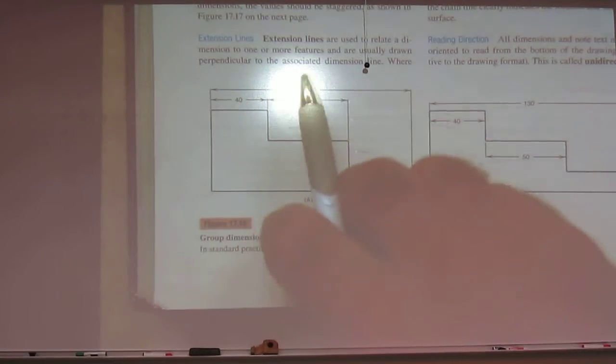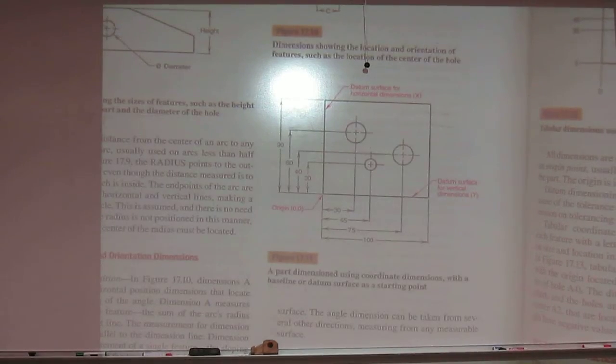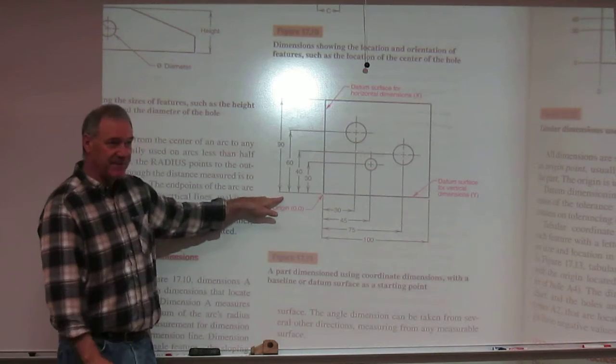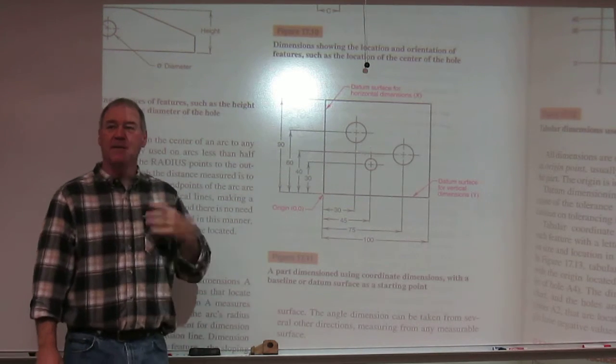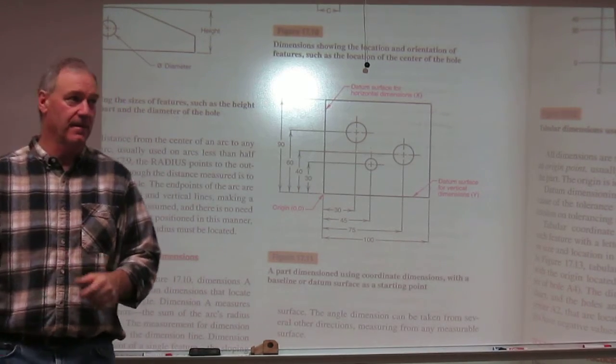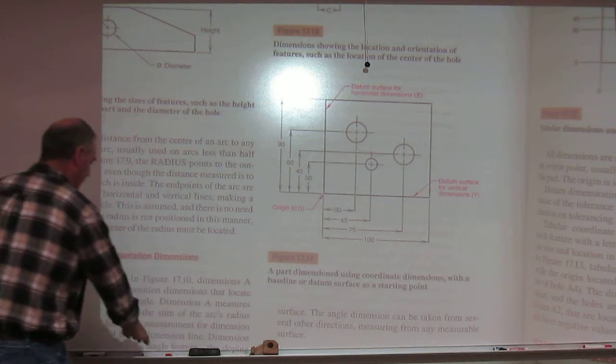Now, which way is better? In essence, neither one's better, but there are some ramifications for using them. On coordinate dimensioning, this one, where we're pulling from a fixed edge, keep in mind every dimension has a thing called a tolerance on it. So let's say we have on this drawing